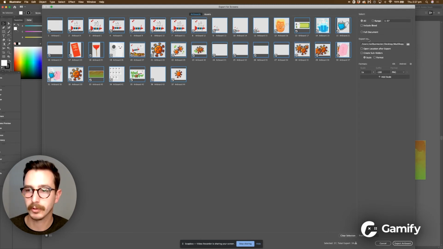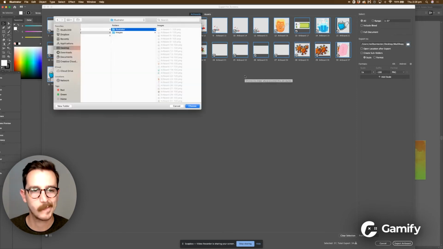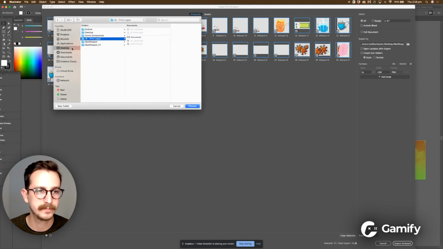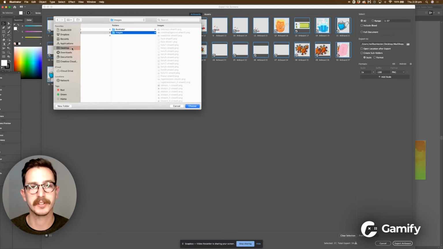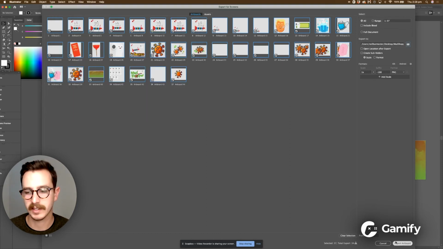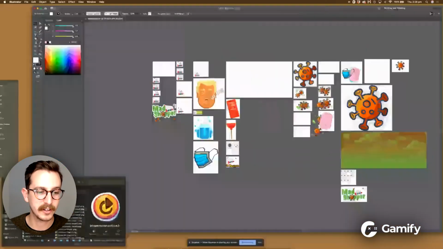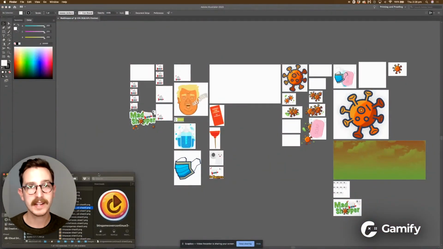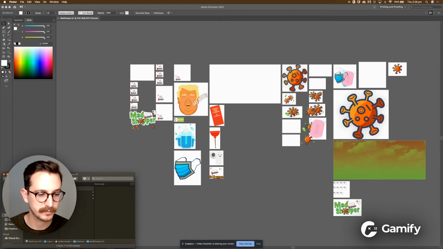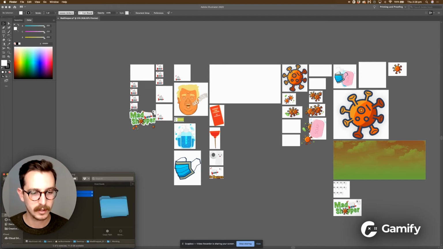You then want to navigate to Export To. This is just telling Illustrator where to put those files. Just navigate to where you've created that folder that I was talking about. Cool. And then I've created in my working file an images folder. Let's navigate to that. What we're now going to do is grab all our new sprites and replace, in the original file, the sprites with our new ones. So let's jump over to our folder that we've created, head over to your images folder, highlight all the images you've created,